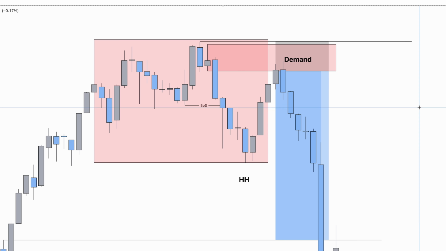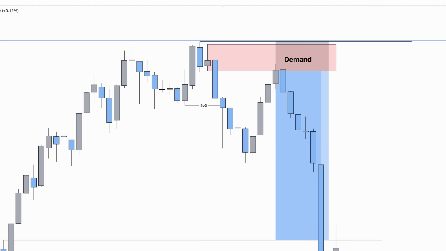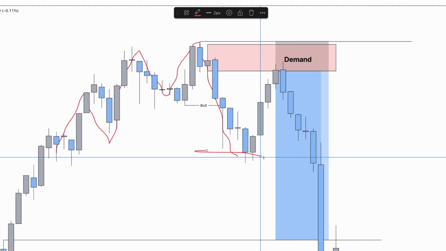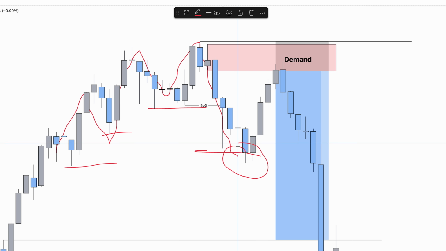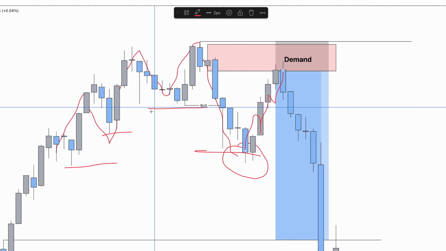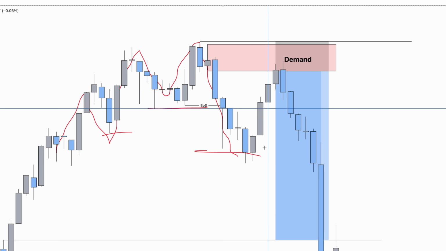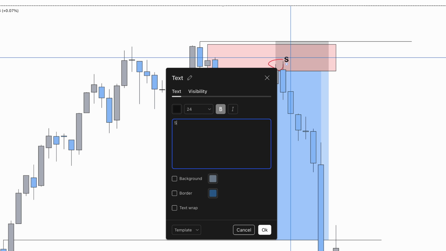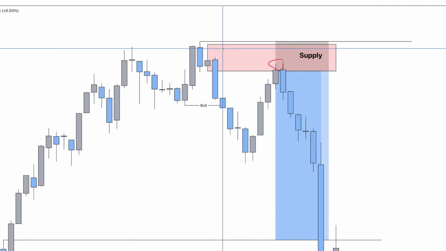Now, I just want to explain, everything works exactly the same for bearish positions, except we are of course looking for shifts from higher highs and higher lows into lower lows and lower highs. So when the market stops forming these higher highs and instead creates an impulse that drives into a lower low, we then form our bearish confirmation because the higher lows have broken, a lower low has formed, and we can now see that sellers are in control. So the most probable movement from here is to sell from what we would call then a supply zone, which is, once again, just the last candle before the impulse,